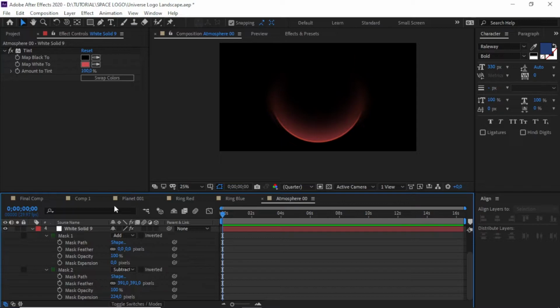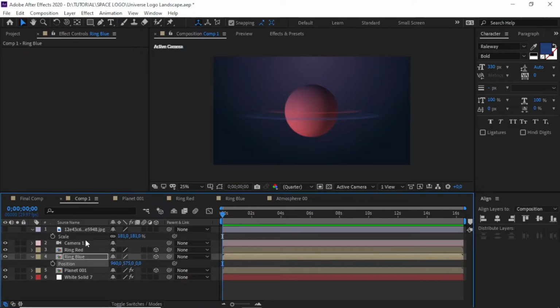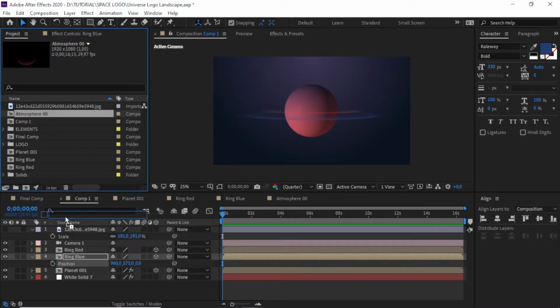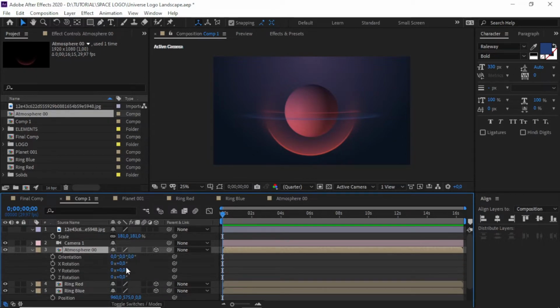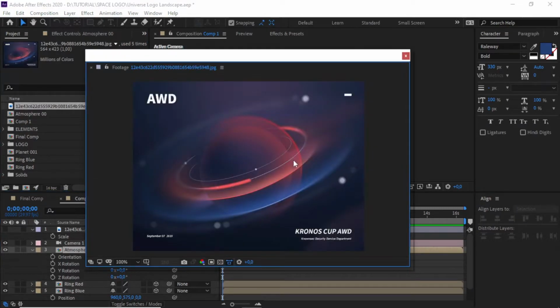Maybe go back here and bring our atmosphere on the top of the planet and the top of the rings. Make a 3D layer and rotate it because the atmosphere looks on the right side of the planet.